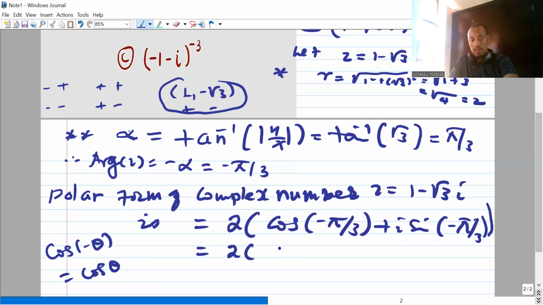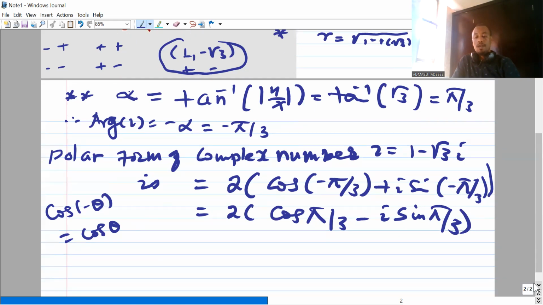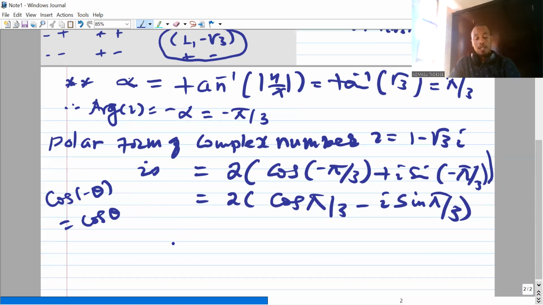So cos of negative pi over 3 means ከcos of pi over 3 ጋር እኩል ነው፣ ይሄኛው ደግሞ ከኔጌቲቭ sin of pi over 3 ጋር እኩል ነው። ስለዚህ ኔጌቲቭ እዚህ ጋር ስላለ minus i sin of pi over 3 ይሆናል ማለት ነው። Okay, so polar form ነው ይሄ።